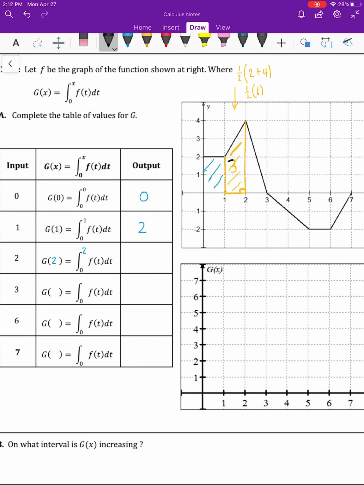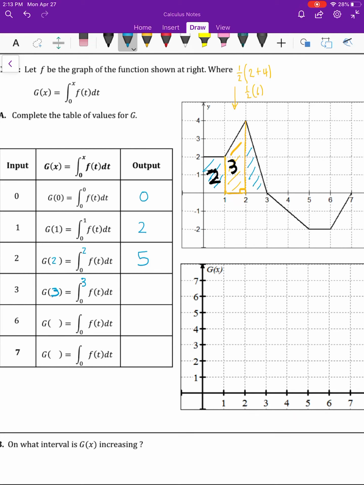And maybe I'll do it in black just so you can see that that is equivalent to the area under that curve. We said 2 was what the area under this curve was. There we go, 2. So you can see that if you add those up, you get 5. From 0 to 2 is 5. 2 plus 3. All right, so g of 3 is going to be the integral from 0 to 3. f of t dt. So now we're adding on